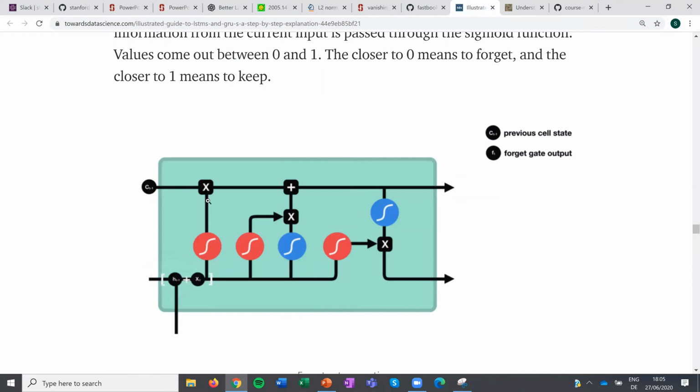Exactly. So at this step, you get your vector with 0s and 1s, and then you multiply it element-wise with the previous cell step, and then you can forget, for example, the values that are 0, they actually can forget